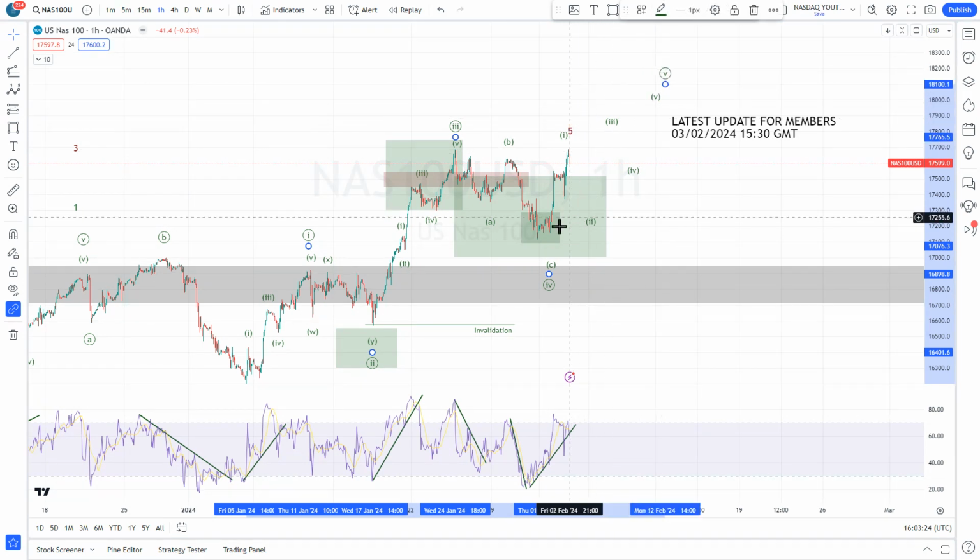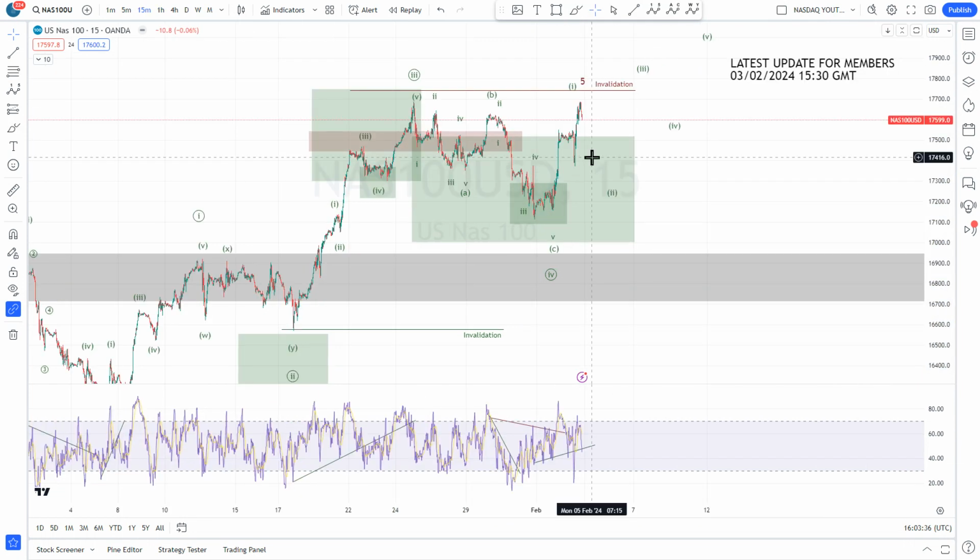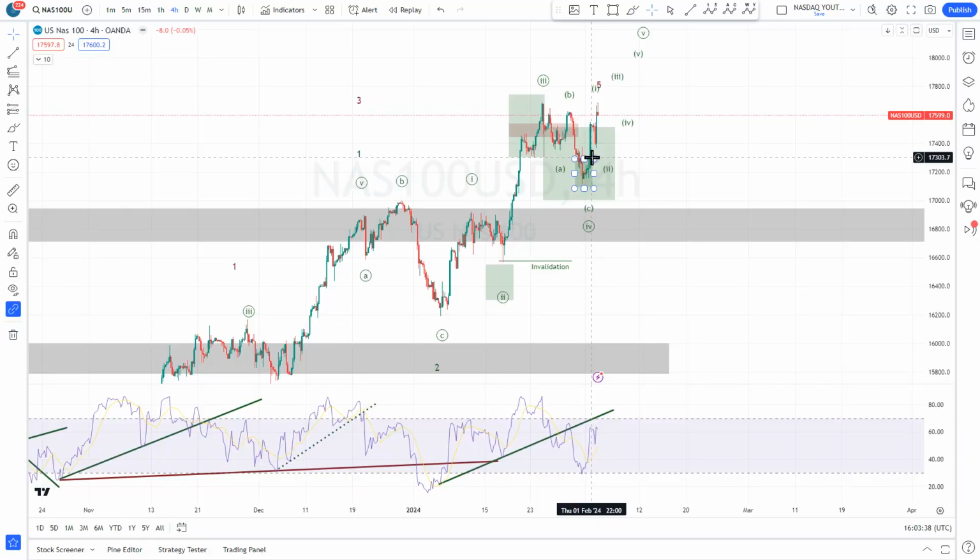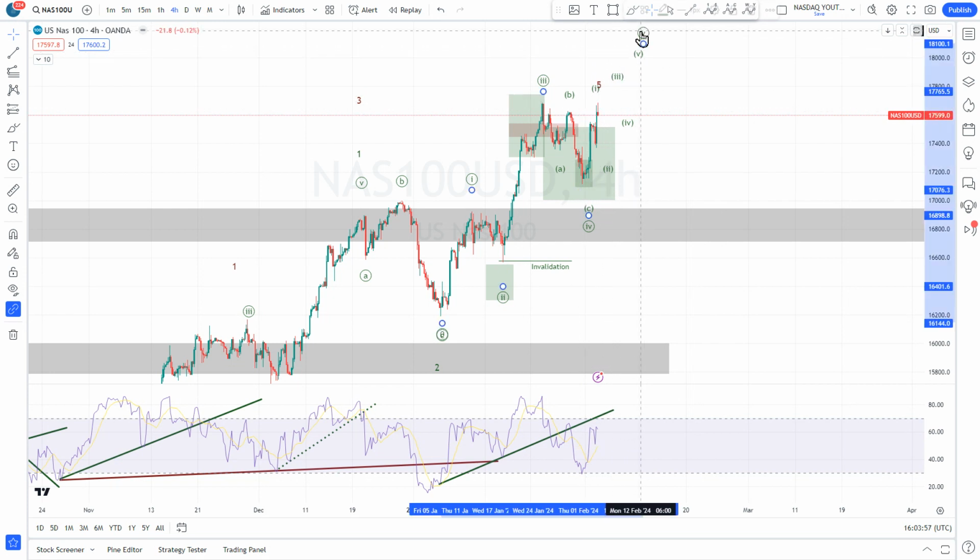However, at the same time, this can still be just the wave 1 of the wave 5, and then we should get something like this: 1, 2, 3, 4, 5. And if we do this, then it is important that we respect the RSI right here. If we would take out the RSI right here, it would mean we started a new cycle from the low right here. So in conclusion, potentially a finished structure,